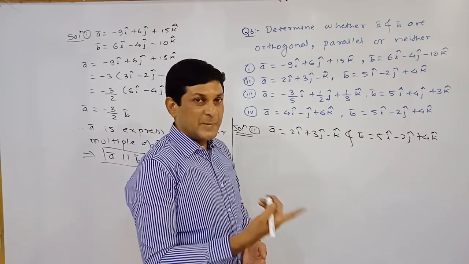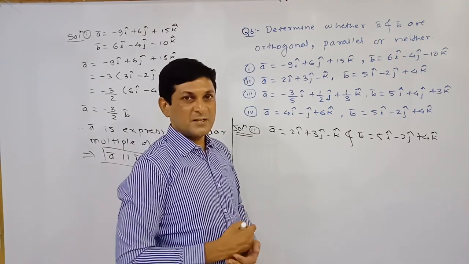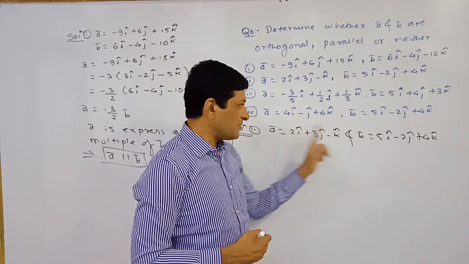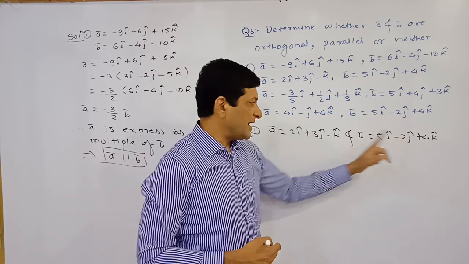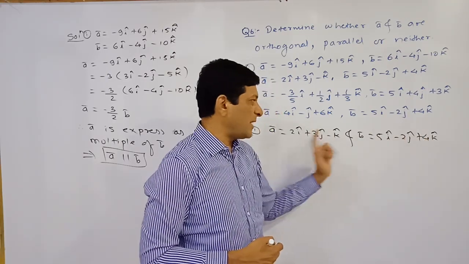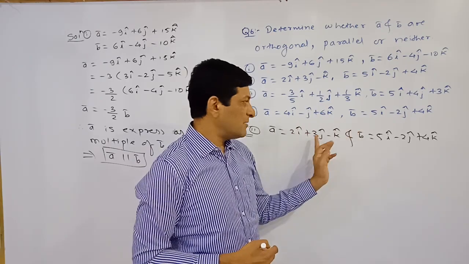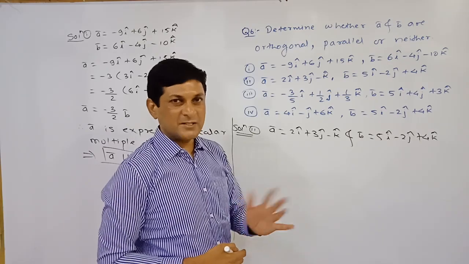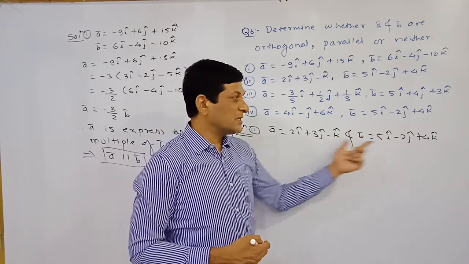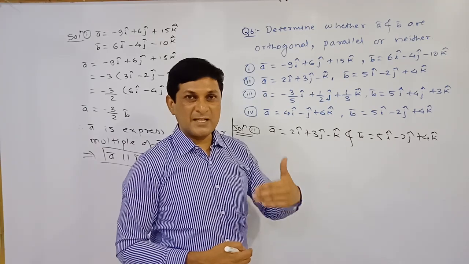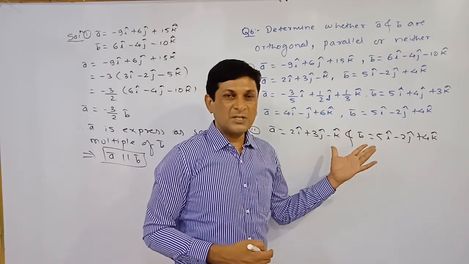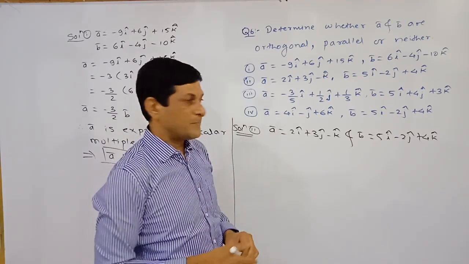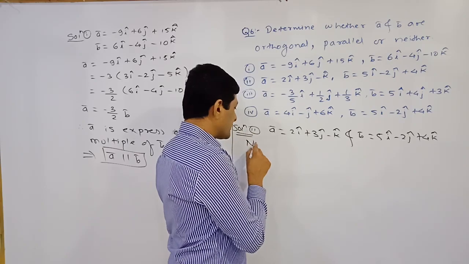Now check whether they are perpendicular or not. To check that, we have to check whether their dot product is equal to 0 or not. So orally we are finding the dot product. First take the product of the coefficients of i cap, that is 5 2s are 10, and here minus 2 into 3 is minus 6, and 4 into minus 1 is minus 4. So 10 minus 6 minus 4, meaning 10 minus 10 will be equal to 0. So here the result will be 0. Dot product is 0, which means we can say that the vectors are perpendicular. So by observation we can say that the vectors are not parallel but they are perpendicular.